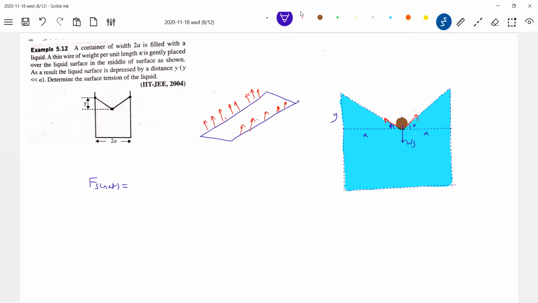Thin wire. What do you mean by thin wire? The diameter of that is almost negligible. Let me take the diameter D. Length is L. What is this? Some wire that I'm showing. If you cut a cylinder,